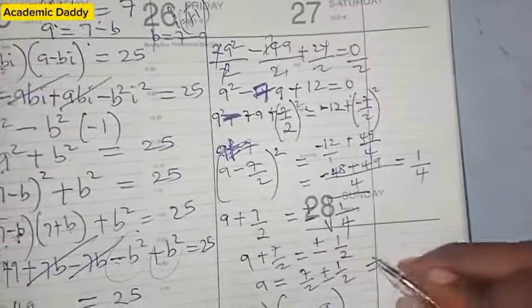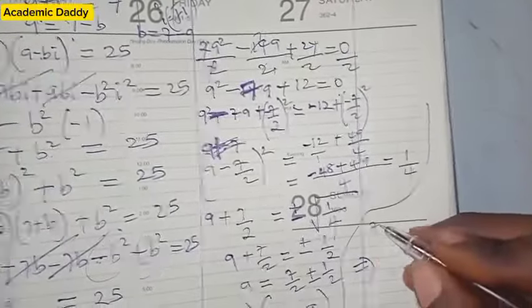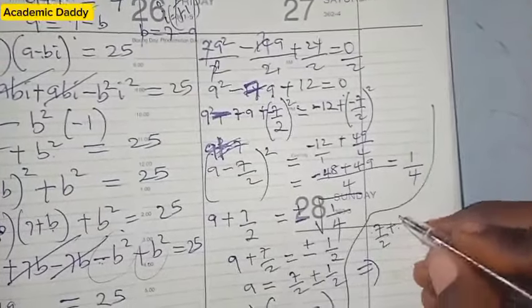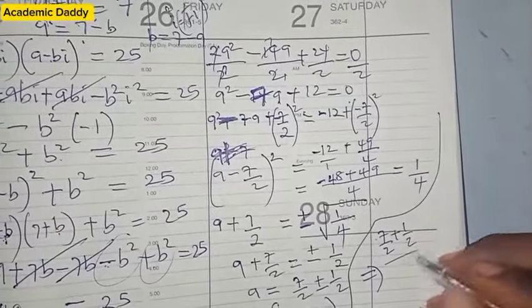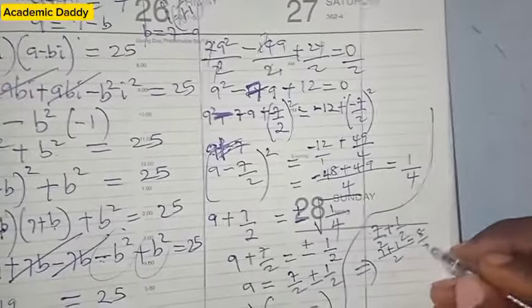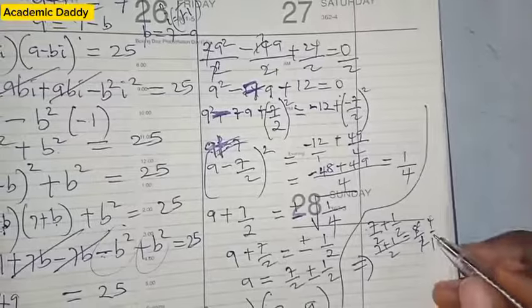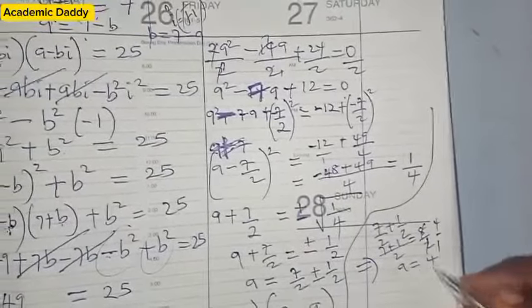So this is going to be 7 over 2 plus 1 over 2. So 7 plus 1 is equals to 8 over 2. 2 here 1, 2 here 4. So 4 over 1 is 4. So a is equals to 4, or